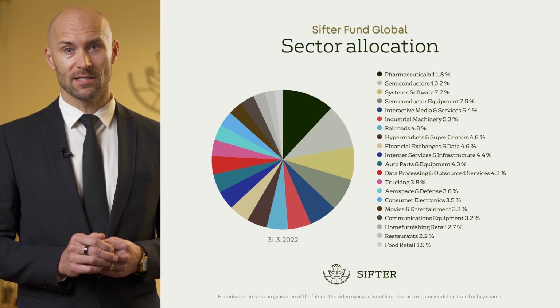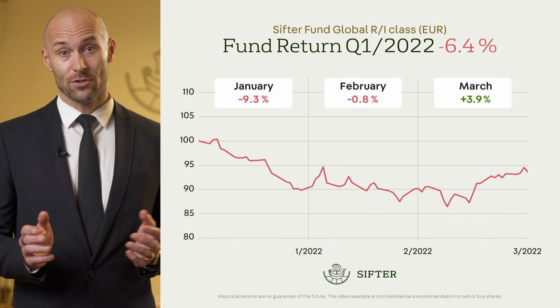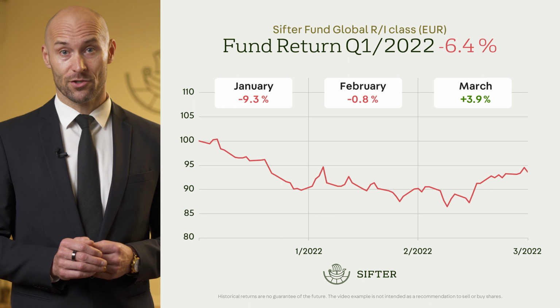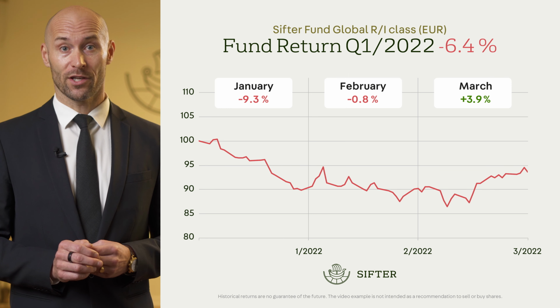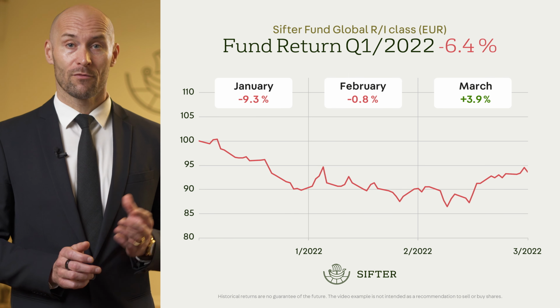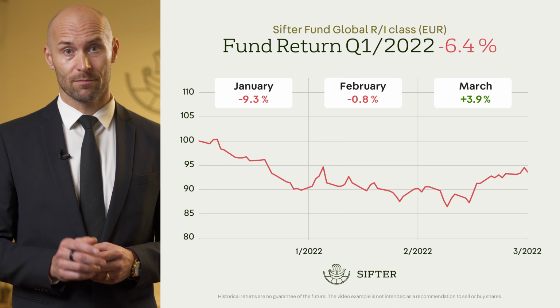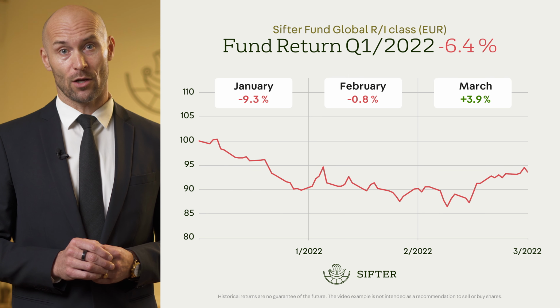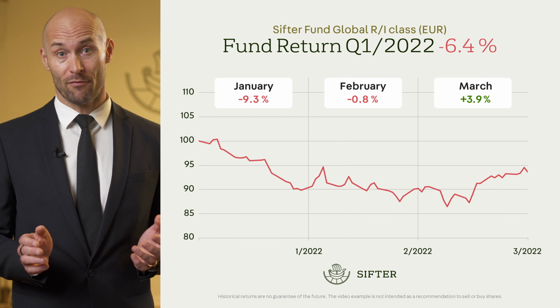The year began with a sharp decline in share prices, and in January the value of the fund fell by 9.3%. The reason for the decline was the correction in the share prices of growth companies after a strong year in 2021. For example, Microsoft share fell by about 15%. However, we didn't reduce the weight of these stocks because we believe that these quality companies will perform quite well